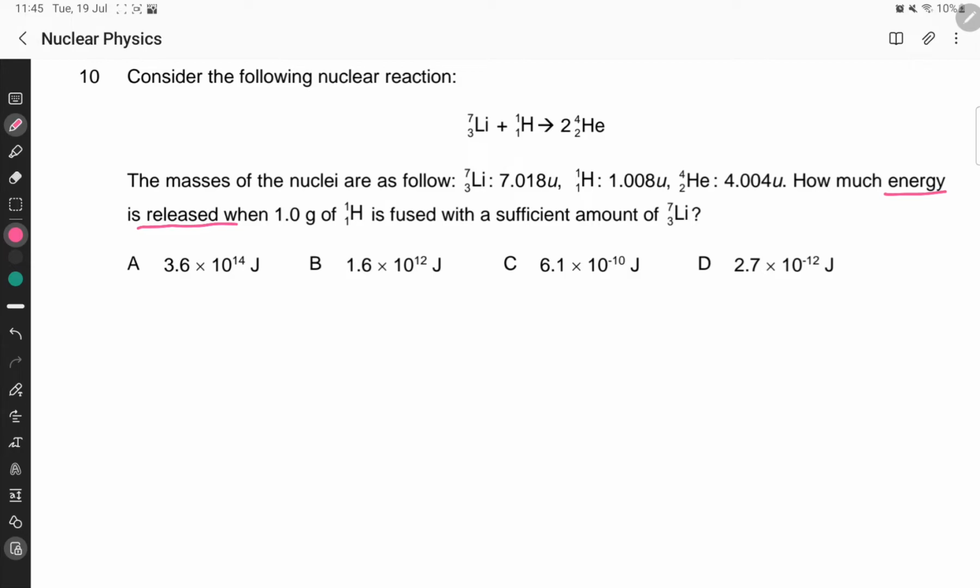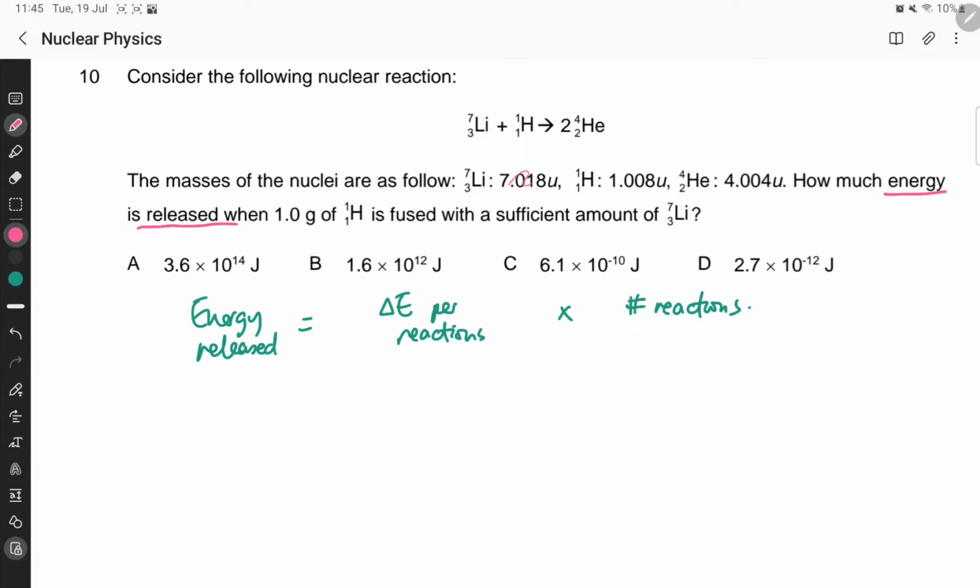So this question, the broad scheme is to first figure out, so you see, we want to find the total energy release. So for this total energy release, first you need to know per reaction how much energy, okay? And how many reactions are there altogether? Okay, so let's look at the